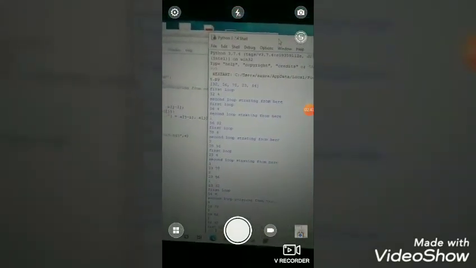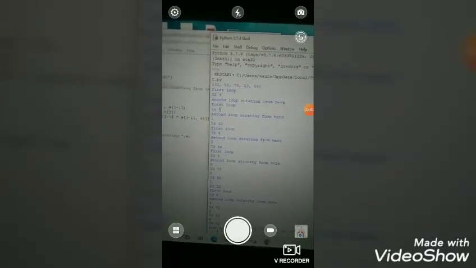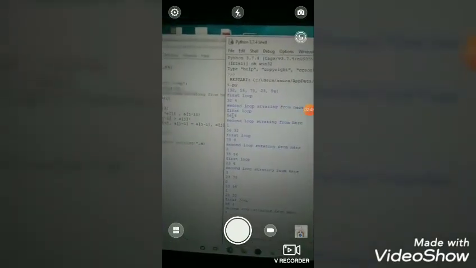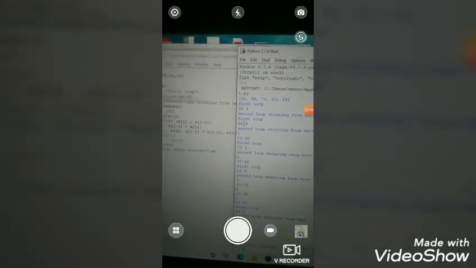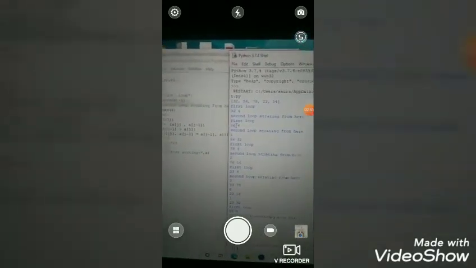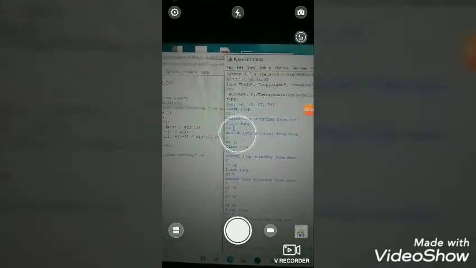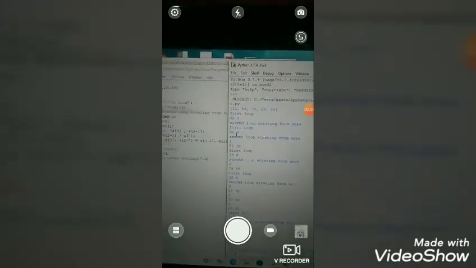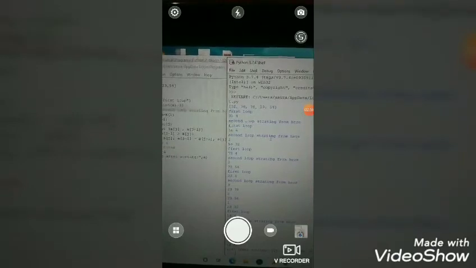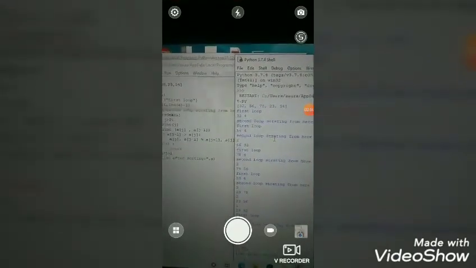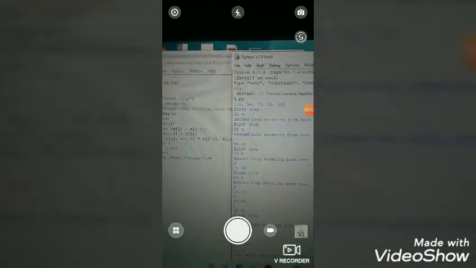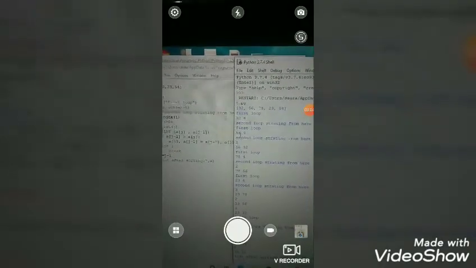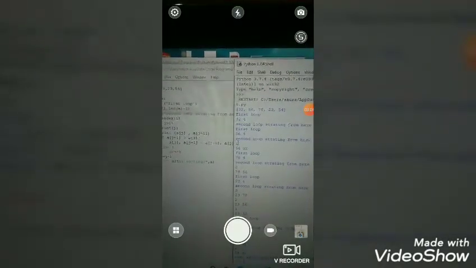Then first loop again start, and the first loop runs 5 times, 0 to 4. Then second loop start, and this time the value of j is 1, because the index number of 56 is 1.